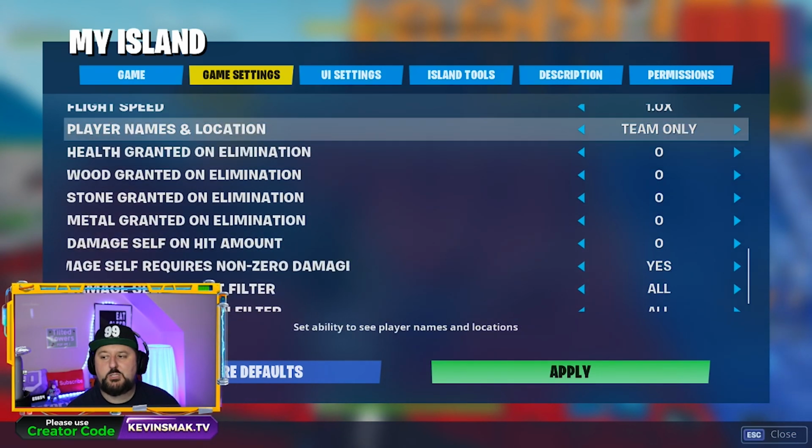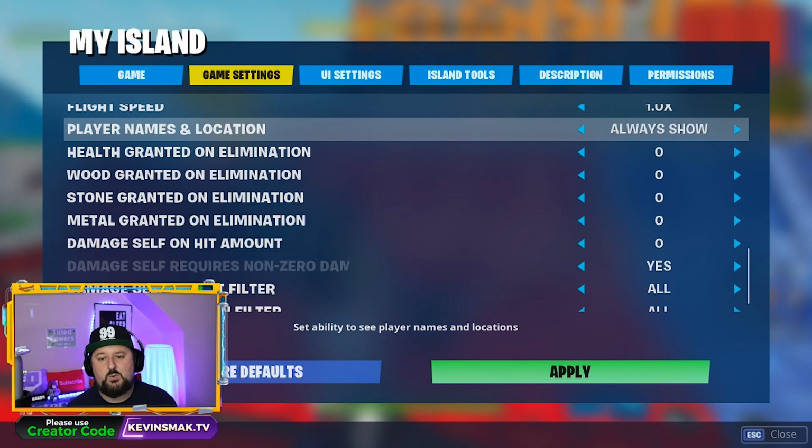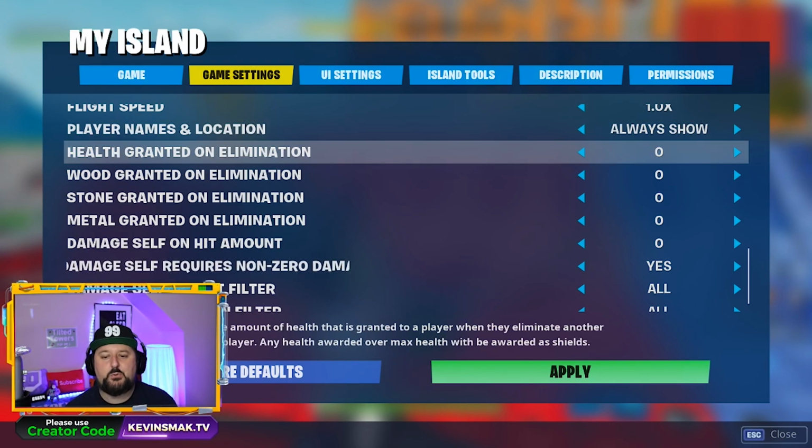Player names and locations. You want to be able to see where players are. Most people put team only, always show, always hide. I'm going to leave it always show because it doesn't really matter where people are in their names, but it kind of helps this map, if you will. Health granted on eliminations. You can kind of think of this as siphon. You can go ahead and click through there and put what you want. Most people put 50. I like to run with 100 on this,